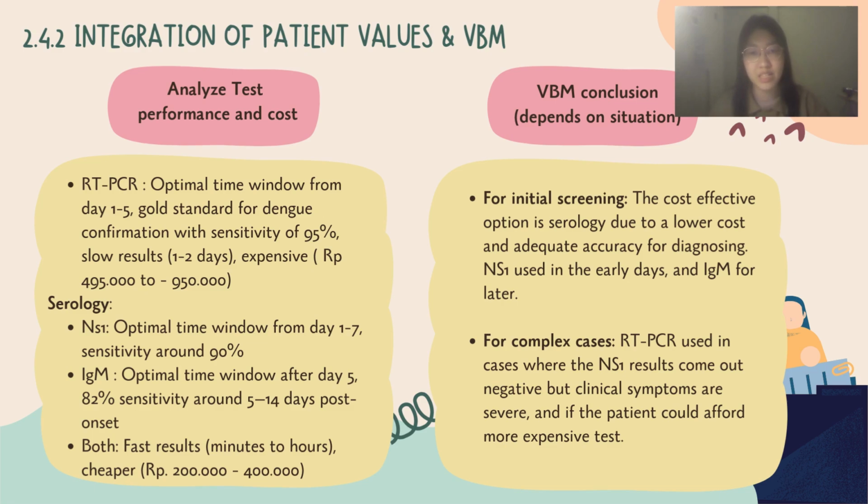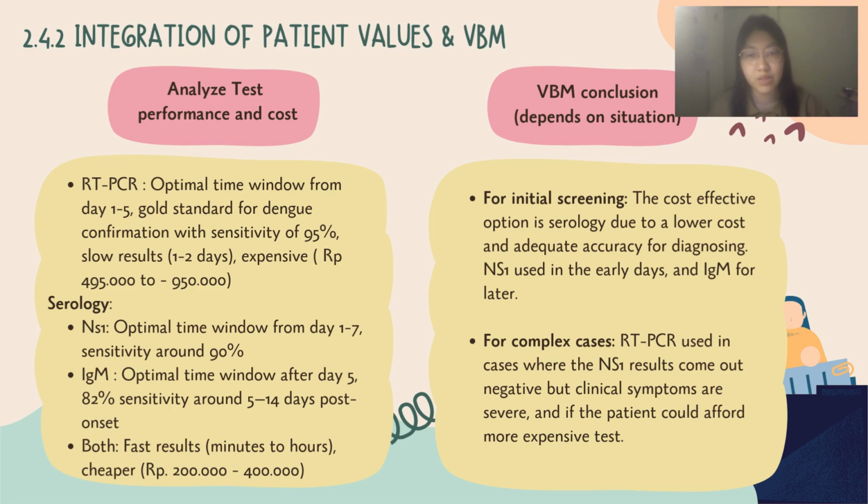First, we need to analyze test performance and cost. RT-PCR has an optimal time window from day 1 to 5, which is a gold standard for dengue confirmation with a sensitivity around 95%. However, it has slow results, around 1 to 2 days, and is expensive, around 495,000 to 950,000 rupiahs. For NS1, the optimal time window is from day 1 to 7 with sensitivity around 90%, and IgM